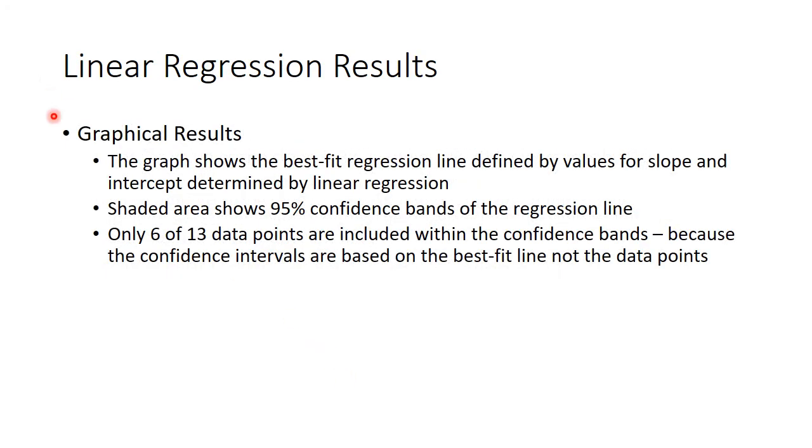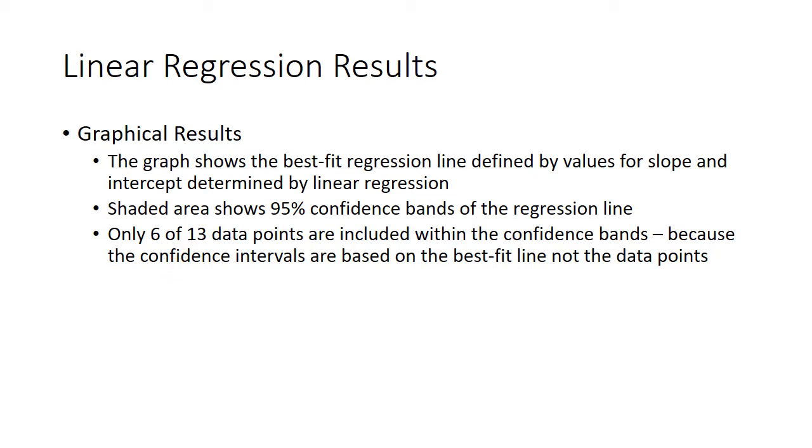So again, the graphical results show us the best fit regression line defined by those values for the slope and the intercept that get determined by that regression. And that shaded area shows us the 95% confidence bands of that regression line. You'll notice that only 6 of the 13 data points actually were included within the confidence bands, and that's going